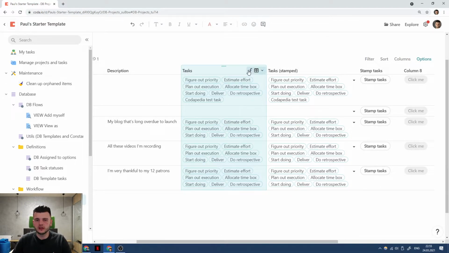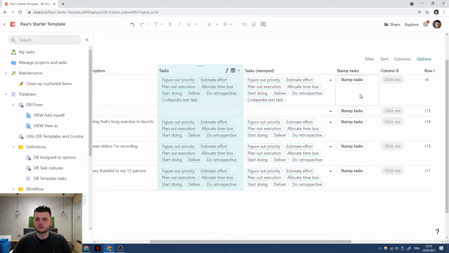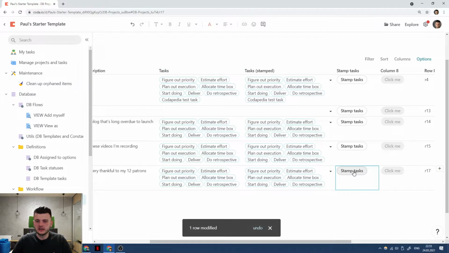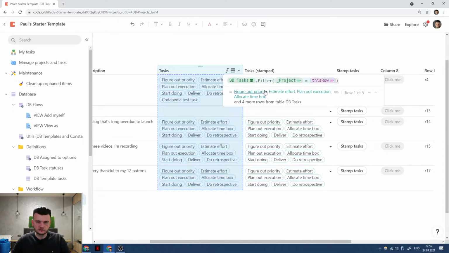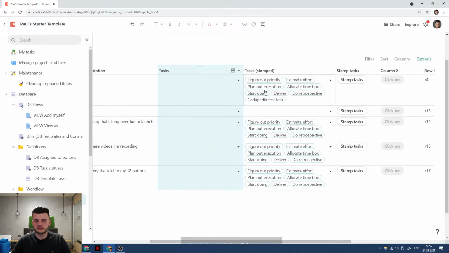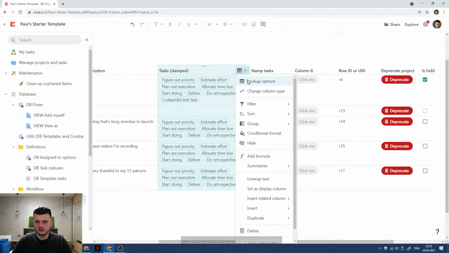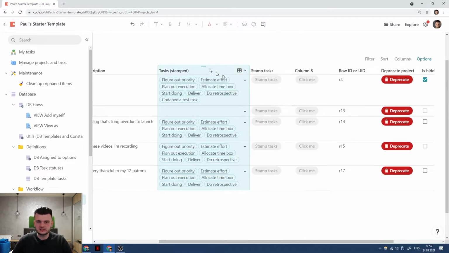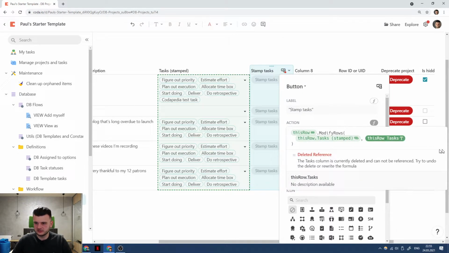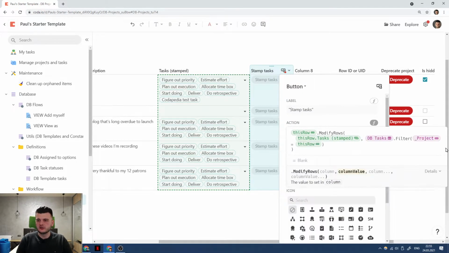You get rid of the column formula, that I call live formulas. You get rid of a live formula that recalculates on each change, and you make basically a recalculation a manual process. So one needs to click a button to actually run this recalculation. So that's how you can get rid of that. You delete the formula, you delete the tasks column altogether, and instead of that, in stamp tasks, instead of reading from another cell, you are just